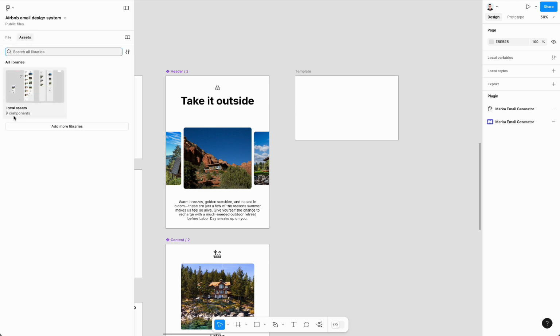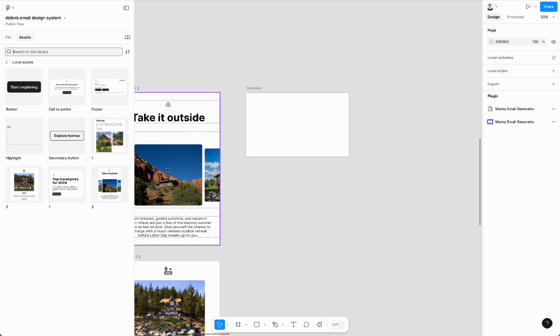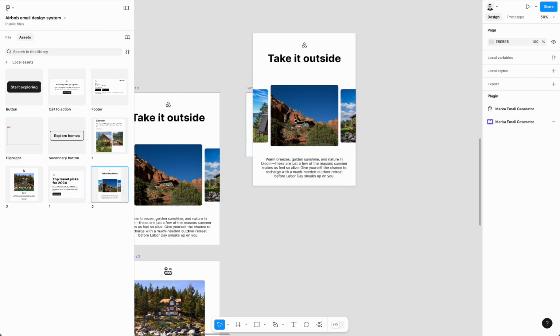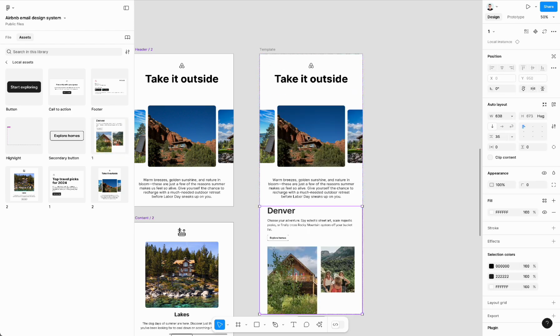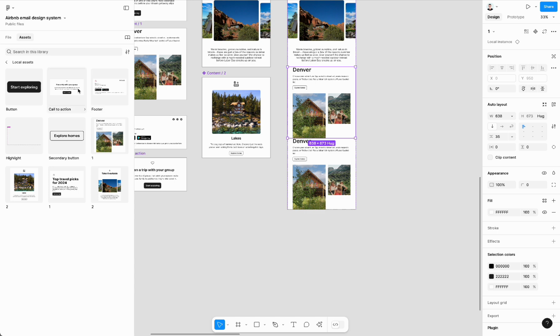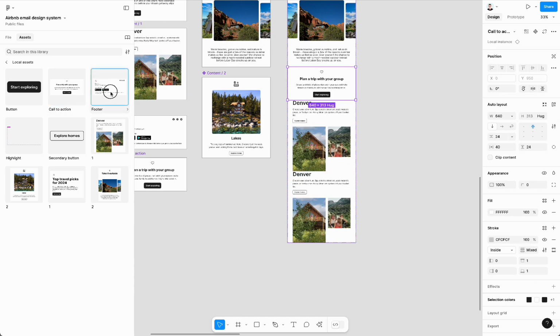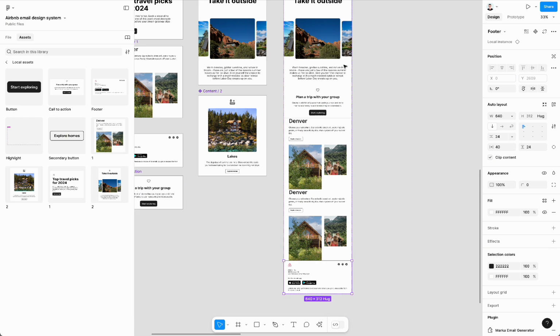And now we have local assets here. And here you can find all your created components. For example, let's use header. We simply can drag and drop header and content blocks from the Figma left sidebar. And now, as you can see,